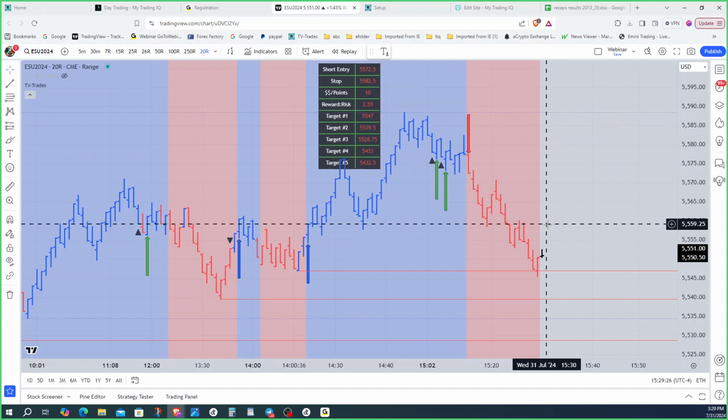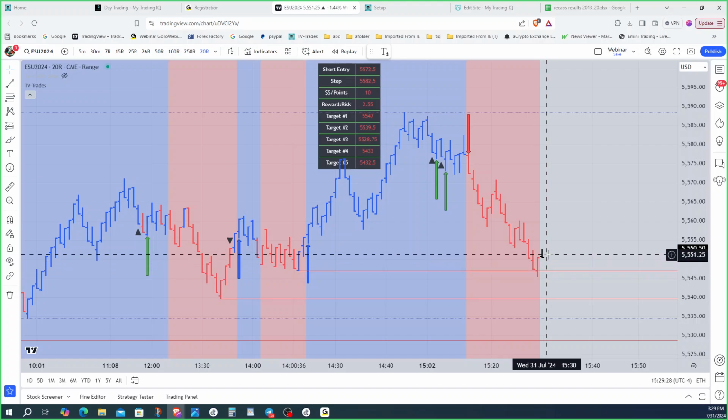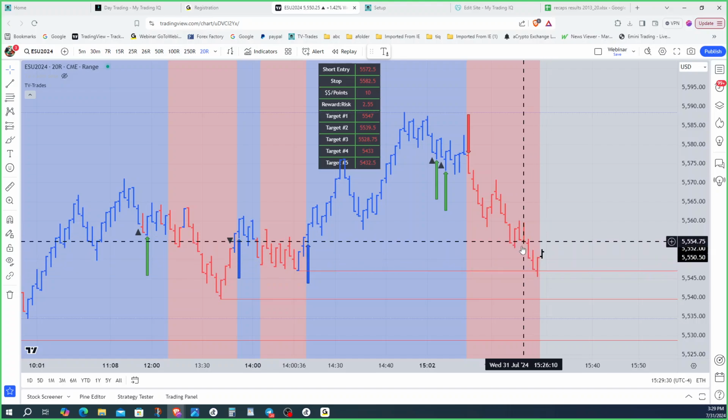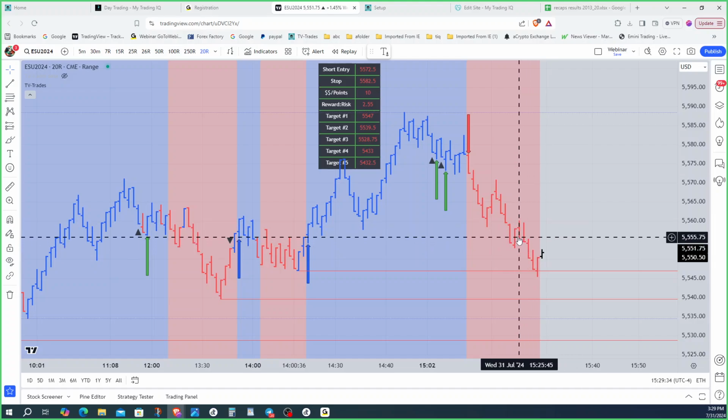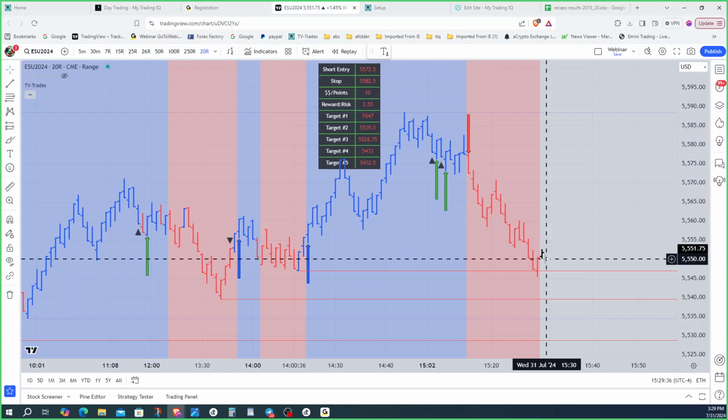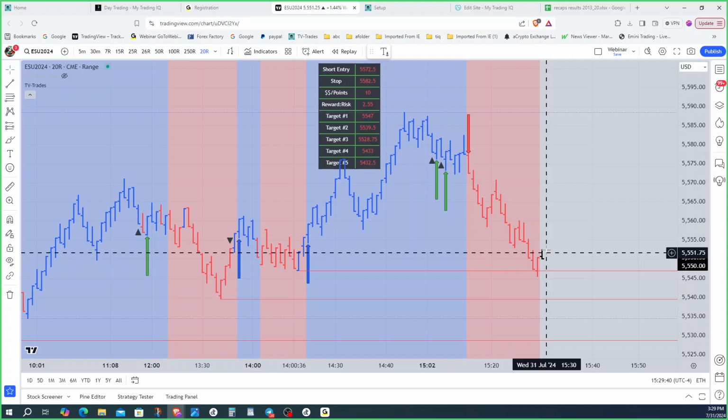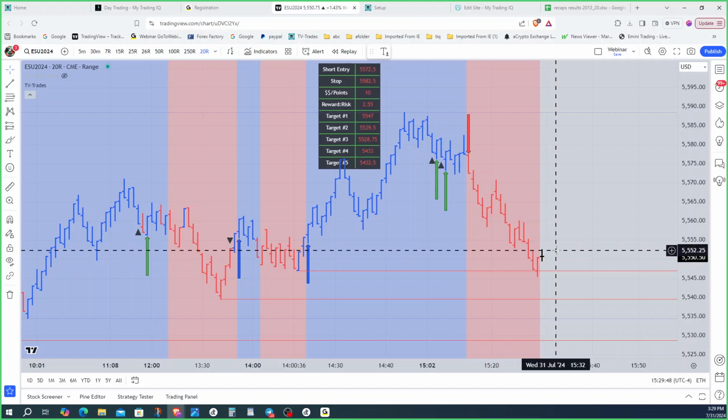Here we are. All right. So this bar right here, to get to the next bar with a range bar, it has to exceed the range. Right? It has to exceed the range of the bar to get to the next bar. So the only way it's going to get to the next bar in this is if it runs over 20 ticks above the bottom of the bar or runs over 20 ticks below the top of the bar. So I know ahead of time, if this bar is going to close down, this bar is going to close down